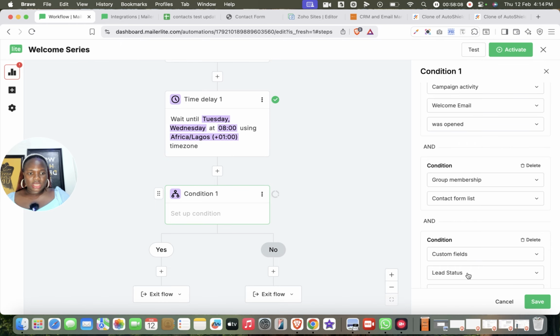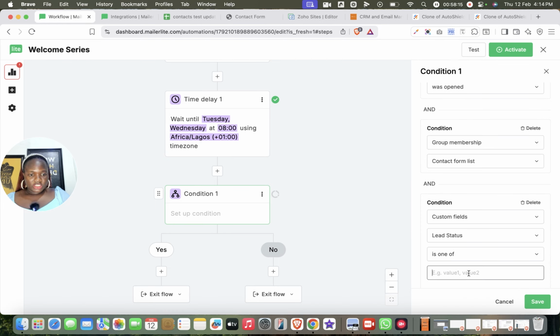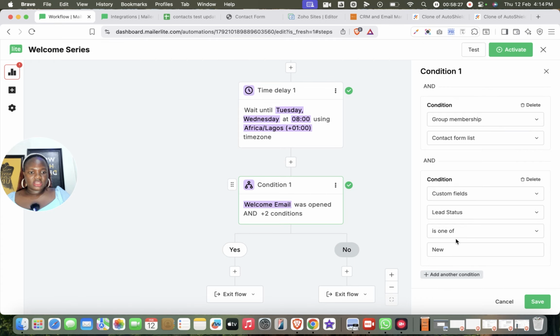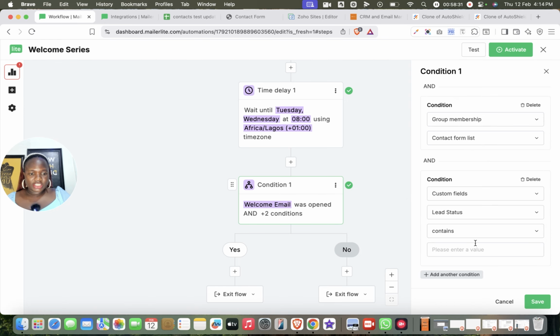So let's pick lead status, and for lead status we can pick different options. We have new. So if the lead status contains new,